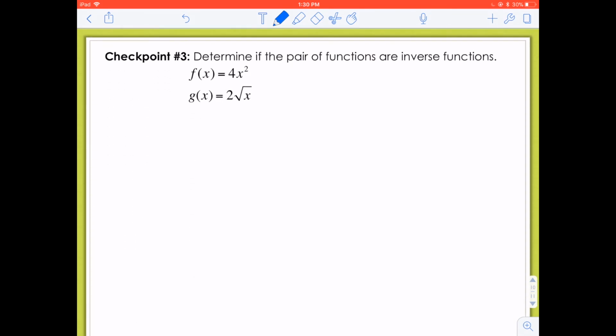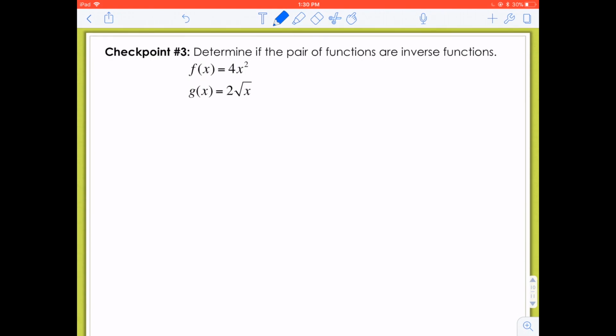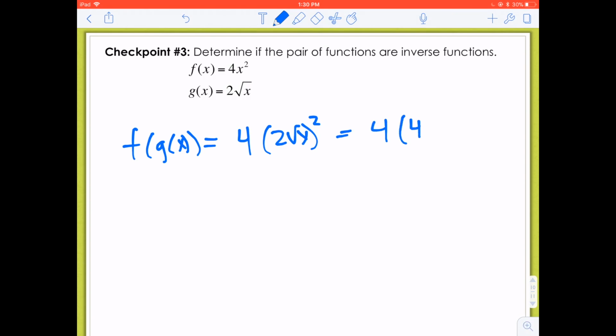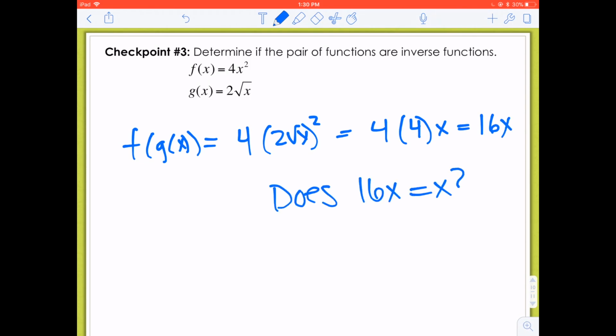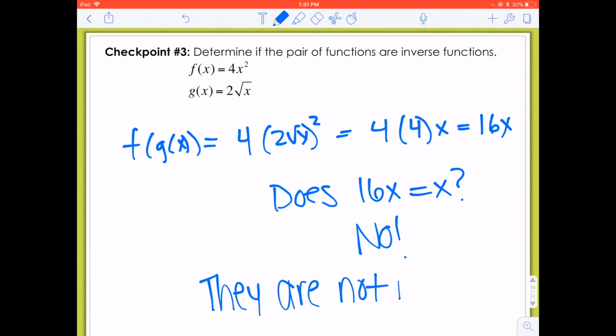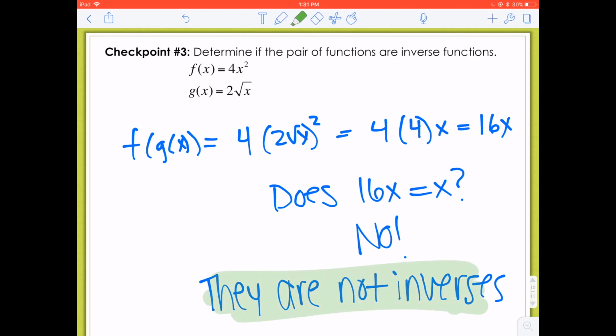Go ahead and try this checkpoint. I'll sketch it out real quick here for you so you can see if you're right. f of g of x is going to equal 4 times 2 square root of x squared, which equals 4 times 4 times x, which is 16x. Does 16x equal x? No, it doesn't. So they are not inverses. All right, that's the